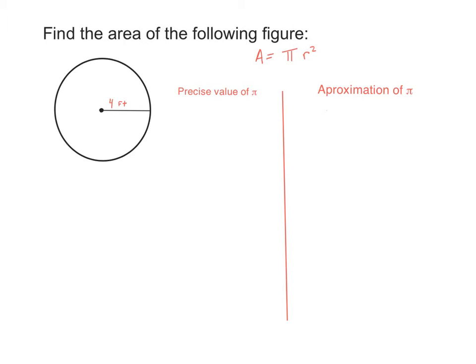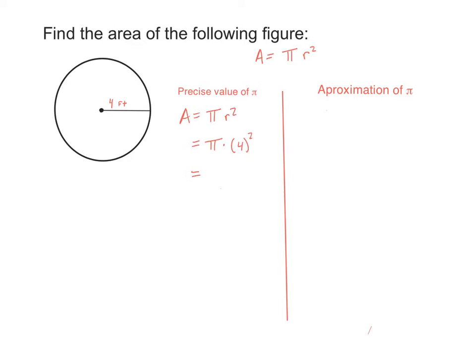Now, we are going to see the precise value of pi and also an approximation of pi. The precise value means that we are going to use the Greek letter pi instead of putting it as 3.14. So, once again, the only thing we need to do in this case is write A equals pi r squared. We know that r equals 4. So we can write it as pi times 4 to the second power,